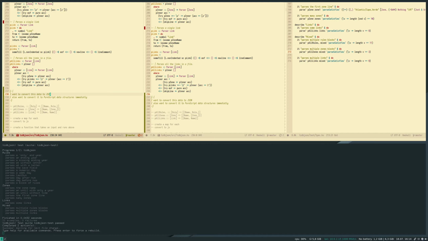I can create data structures immediately and then have them validated at compile time, which I'm probably gonna be doing using the PureScript bridge. So we're gonna use Argonaut and use PureScript bridge.